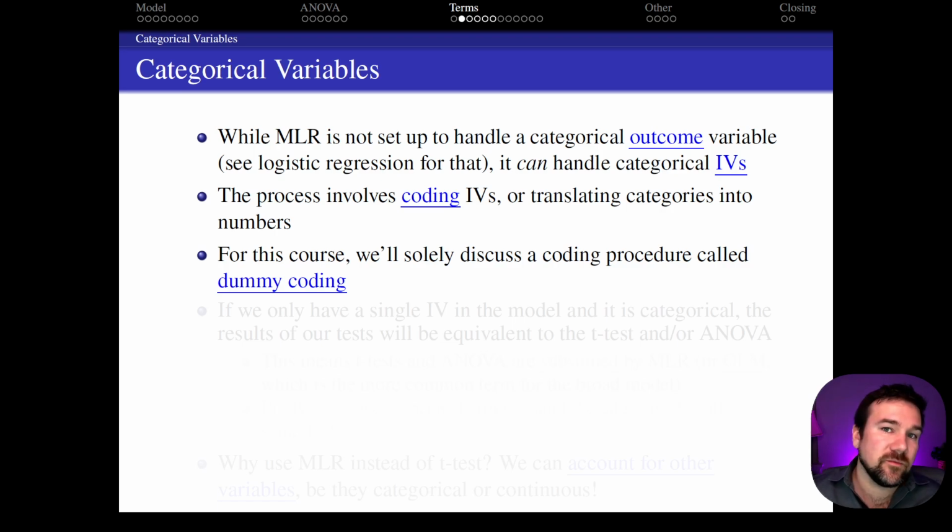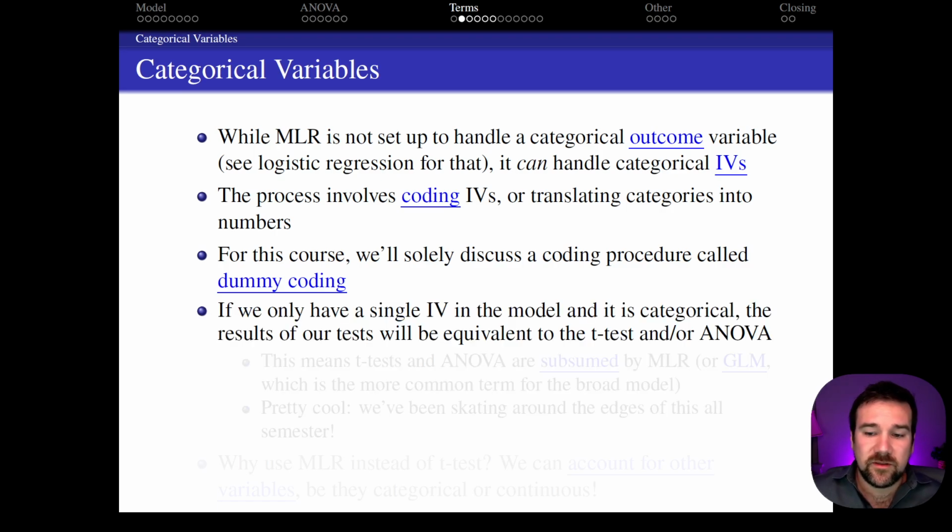Now, there's a couple of different procedures to do the coding, and coding has an impact on the interpretation of the parameter estimates in the final multiple regression. So we're going to code these in a couple of different ways. We're going to get a few different betas, and depending on how we coded the variable, the betas are going to mean different things. In this course, we're going to discuss a coding procedure called dummy coding, and we're going to leave it there. For a single independent variable in the model, again, it's the exact same as a t-test or an